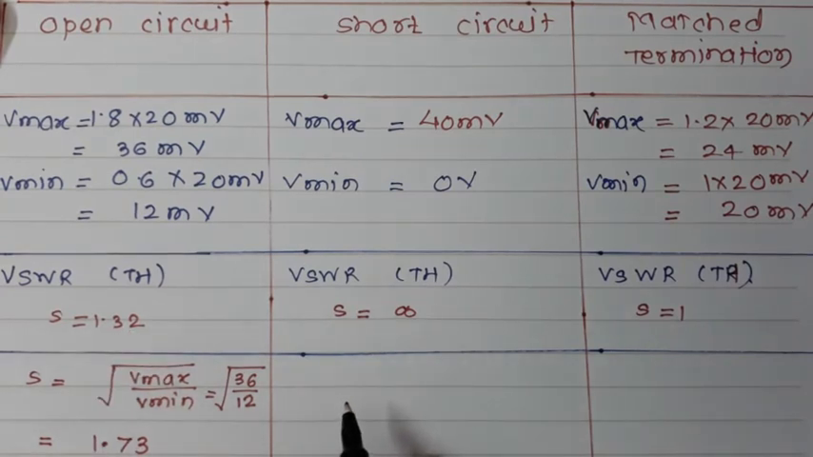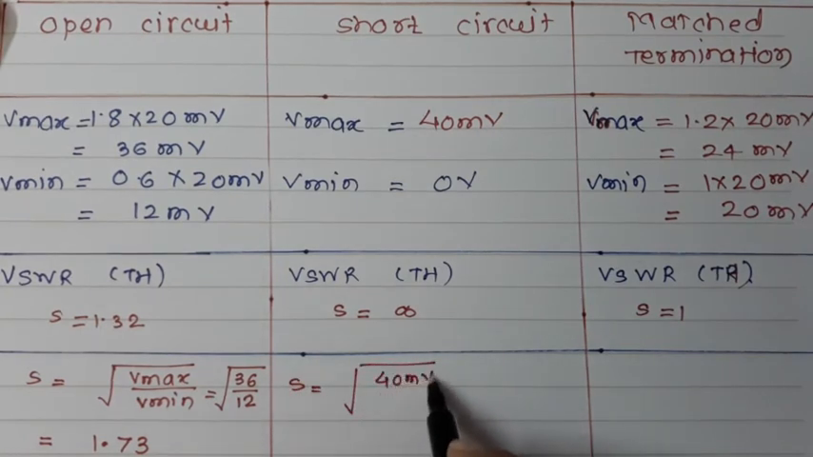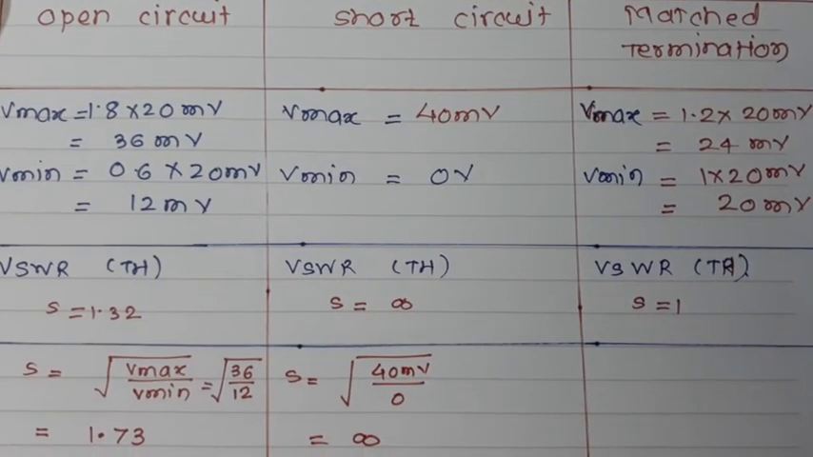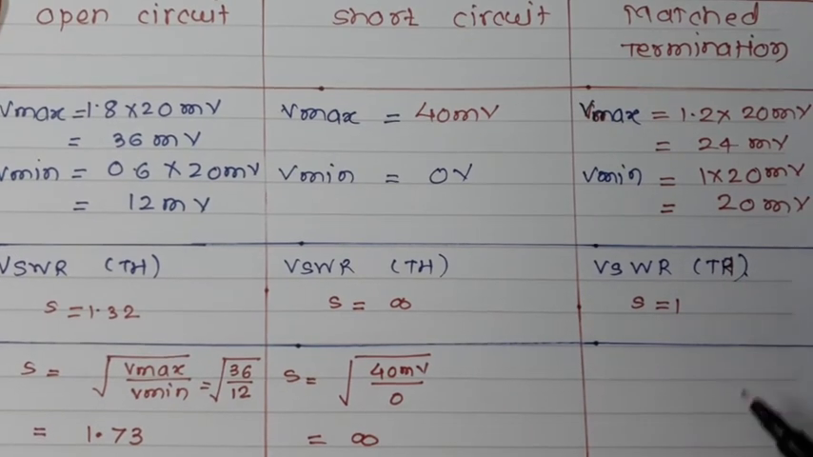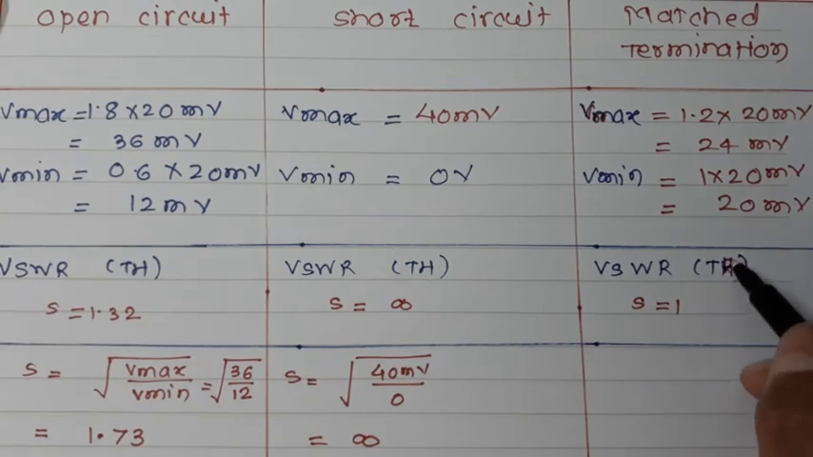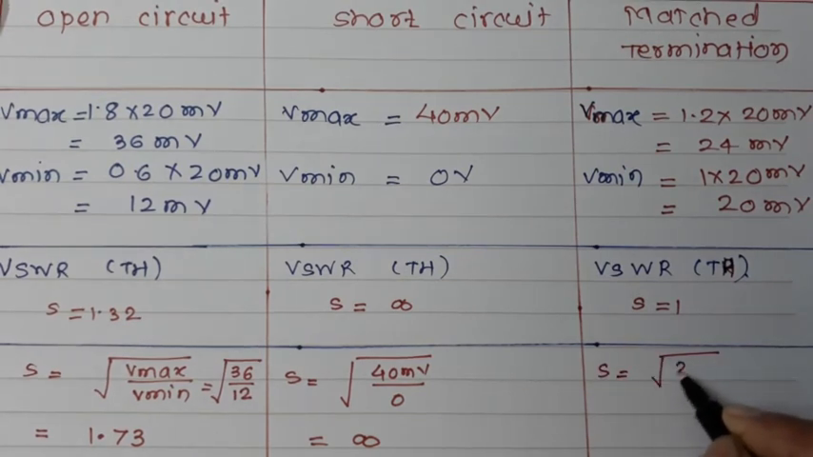Similarly, for the short circuit condition, S is equal to the square root of Vmax, which is 40 millivolts, divided by 0, which comes to infinity. As we have already seen, theoretical and practical are both the same. For the match termination, we have found little reflections, as Vmax is 24 millivolts and Vmin is 20 millivolts. Our theoretical standing wave ratio is 1. Let us see how practically we are getting it. Practically, S is equal to 24 divided by 20 millivolts, which is the square root of 1.2, and which comes to